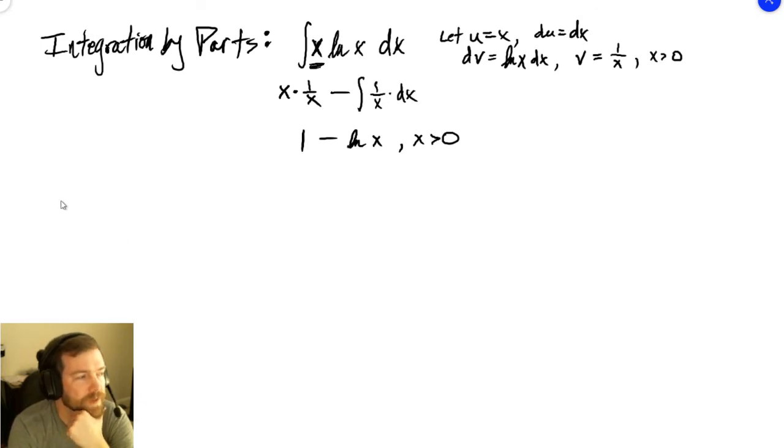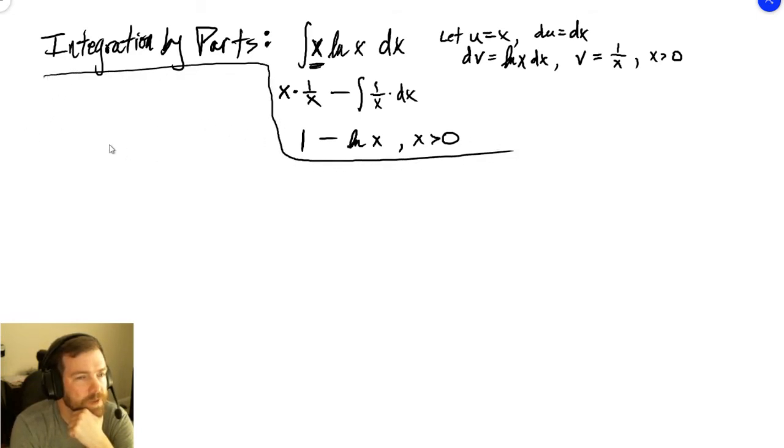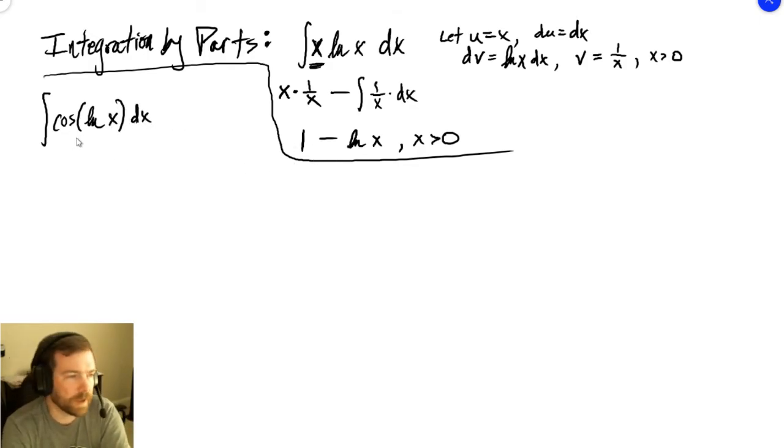Alright, in doing so, there's also a nice little consequence of this, in that we could also potentially have something like the integral of the cosine of the natural log of x dx. And in looking at this, we're saying, well, there's only really one function here, so what are you trying to do? It doesn't make any sense to think that this is potentially anything. However,